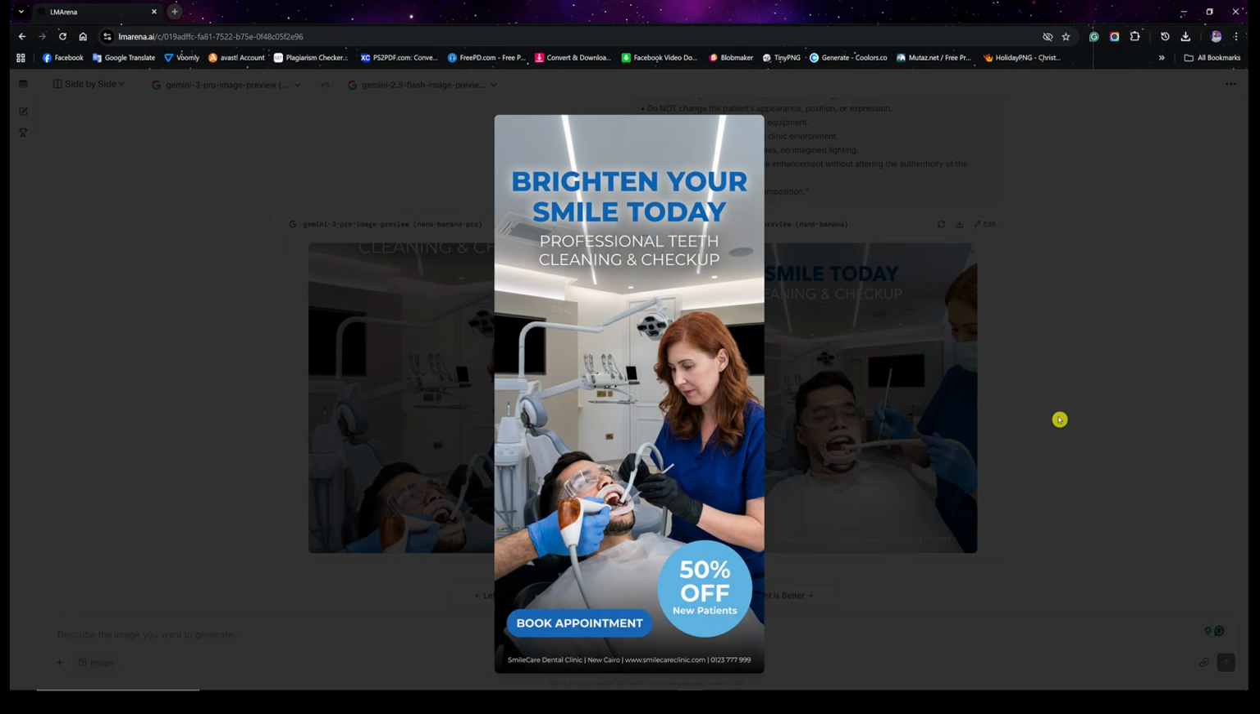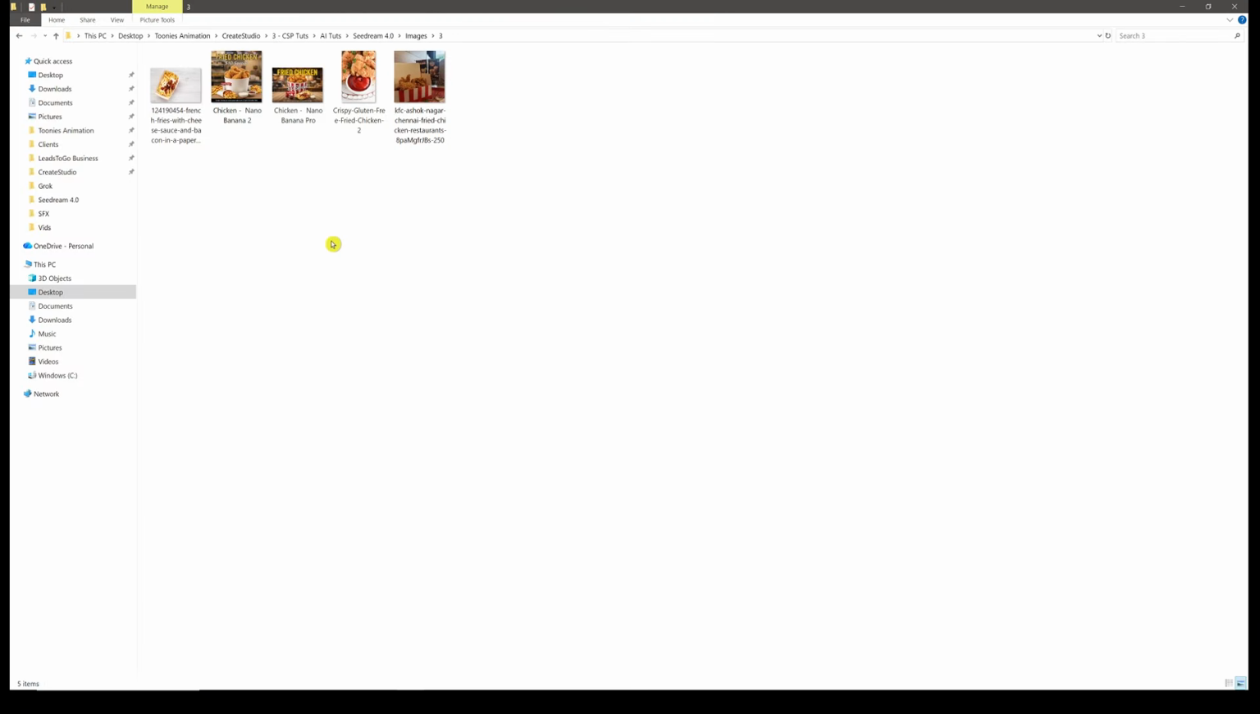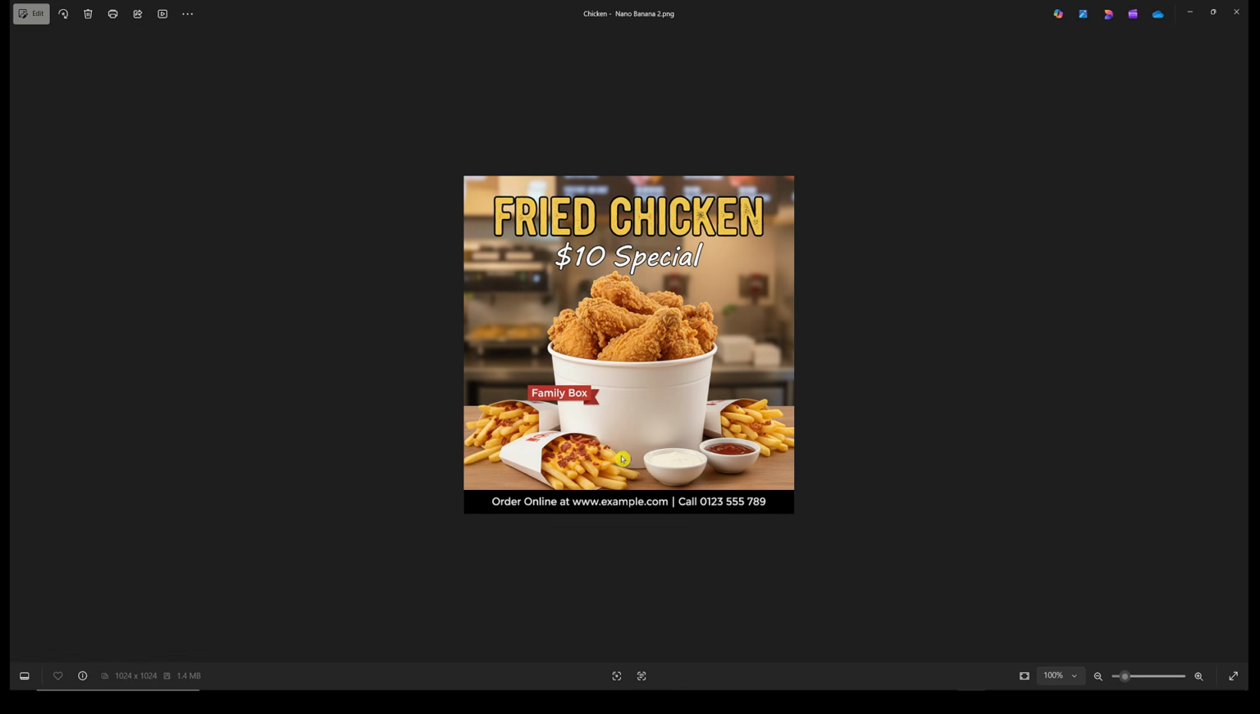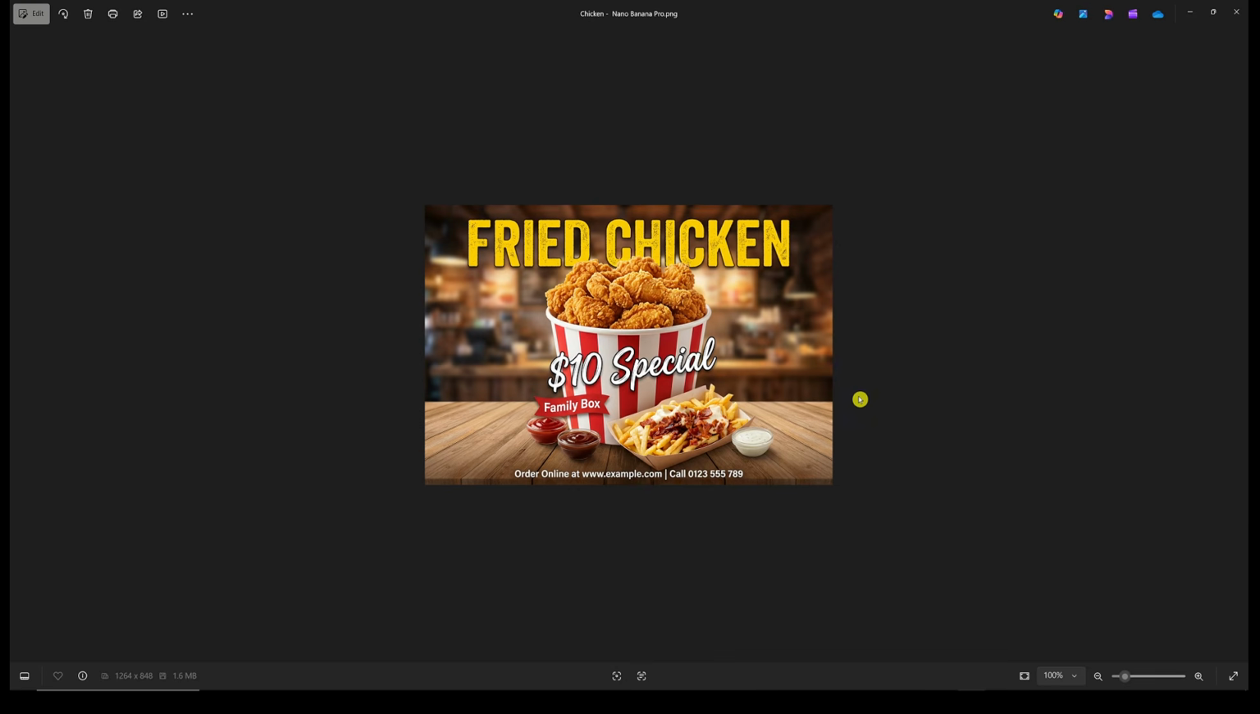Now, I do have other examples that I'd like to show you here. This is a fried chicken ad that I created, again, using the reference images. This is the previous version 2.0, and this is what it looks like. You can see here, it did a pretty good job, except that it kept the boxes in plain white. On the other hand, this is the Nano Banana Pro version, and you can see how professional this ad